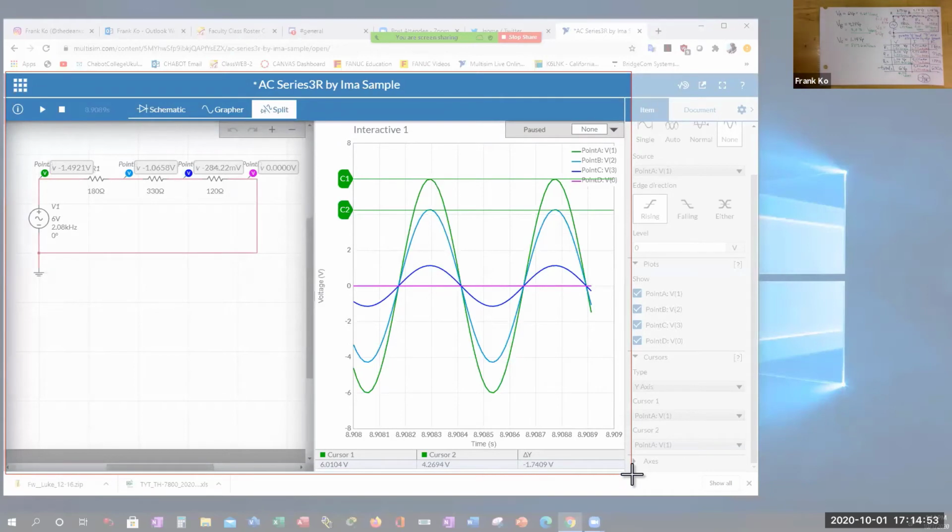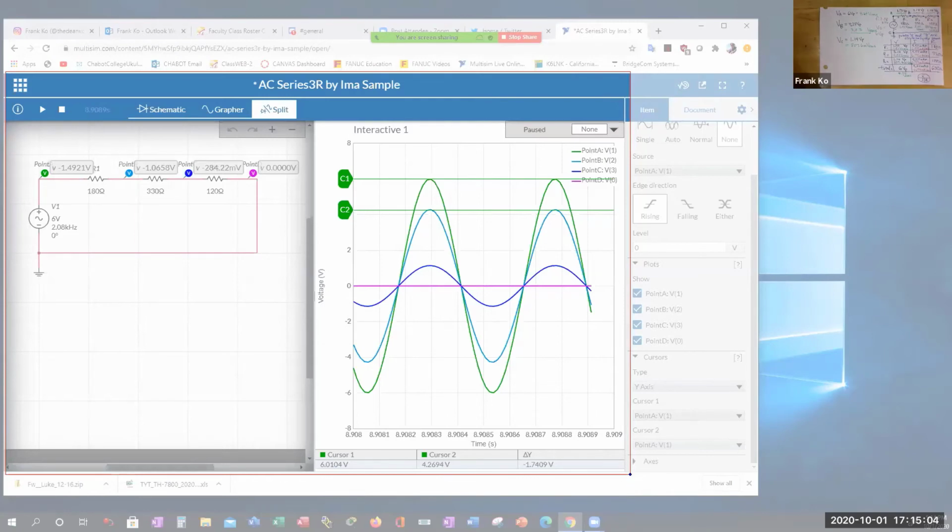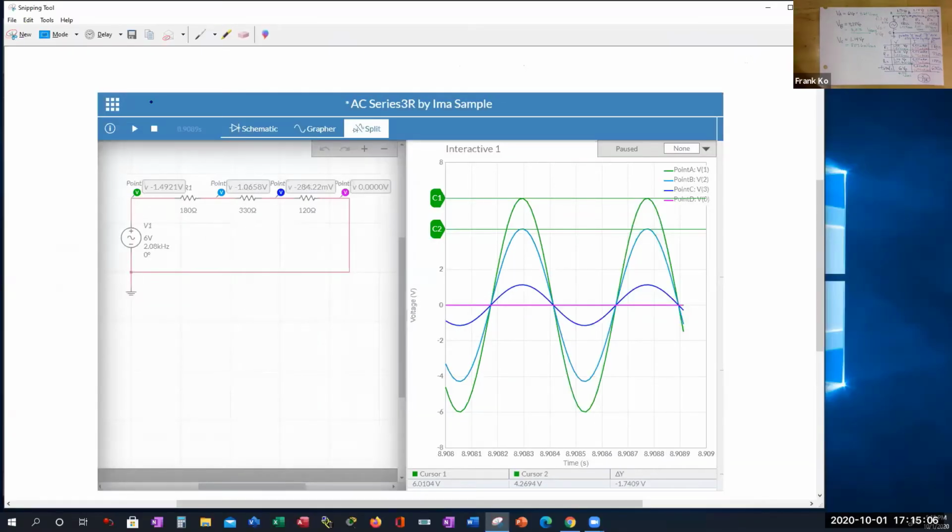Can you see the numbers below cursor 1 and cursor 2 at the bottom right of the screen? That's where your snip boundaries need to end up. Once they're here, you let go of the mouse. Did it capture your name? Did it capture the circuit? Did it capture all the values? You come up here to Edit, Copy,